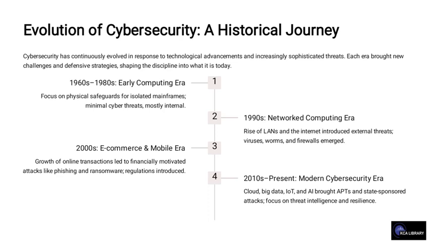The first is the 1960s to 1980s, the early computing era, which focused on physical safeguards for isolated mainframes, with minimal cyber threats, mostly internal. Also, we have the 1990s, the networked computing era, which deals with the rise of LANs and the internet, which introduced external threats like viruses, worms, and